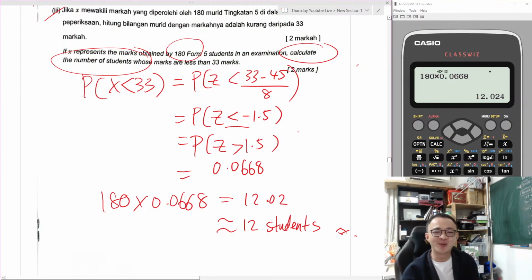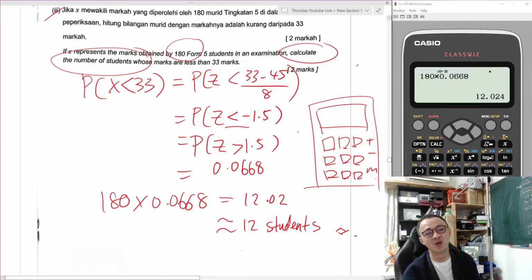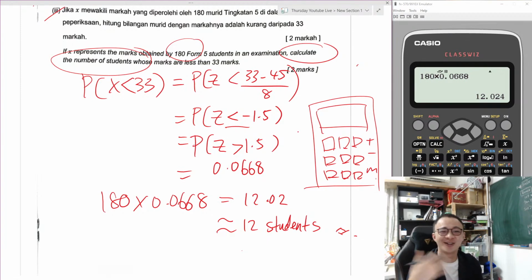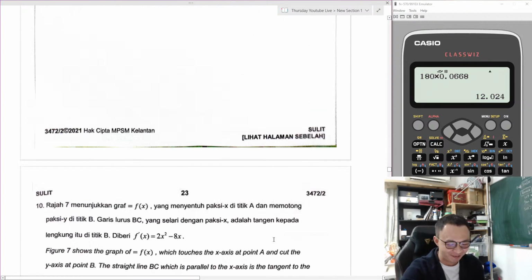Sir, SPM tahun berapa? Mine is like a super long time ago. And like I say, in my time, I don't have a scientific calculator at all. I'm using the standard calculator, only like 9 buttons, and here got some simple plus, minus, M, something like that. I'm using the most basic calculator to solve all these questions. At that time, we have a buku sifir to find all the sine, cos, tangent, and log. So my time at SPM is a lot harder than right now.